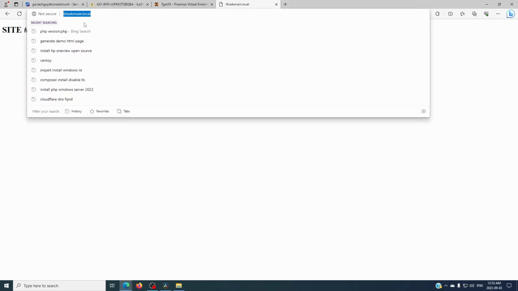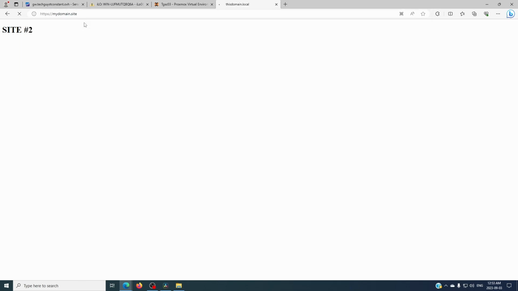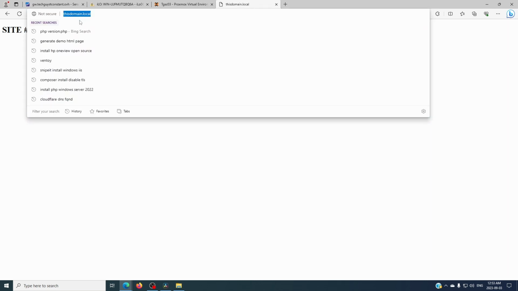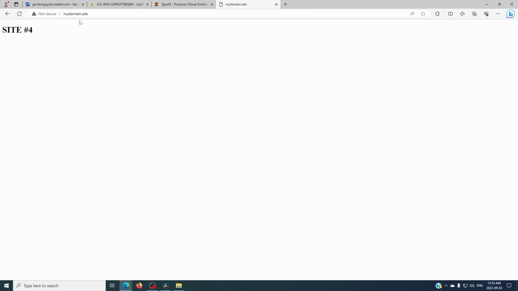And then the next one that we want to take a look at is my domain.site. HTTP my domain.site. Okay, so it is really important that you specify HTTP instead of HTTPS, because for HTTPS it will look outside, as there is no certificate match. But if you specify HTTP the domain that you want it to, it's going to take you exactly to site